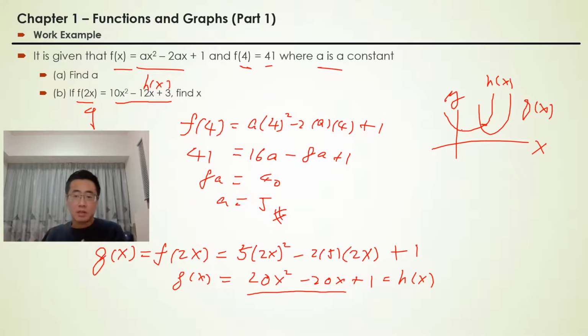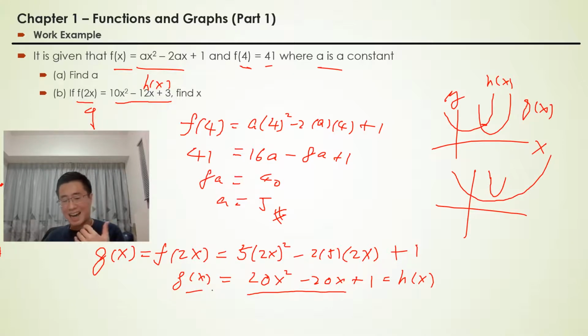There can be no intersecting point. Say for example, it can be one of the functions like this, the other function is like this. There can be no intersecting points, or there can be one intersecting point, or there can be two intersecting points. So that's why here, for this part, after we transform the function to g(x), the question is asking about equating these two functions together, which actually is referring to